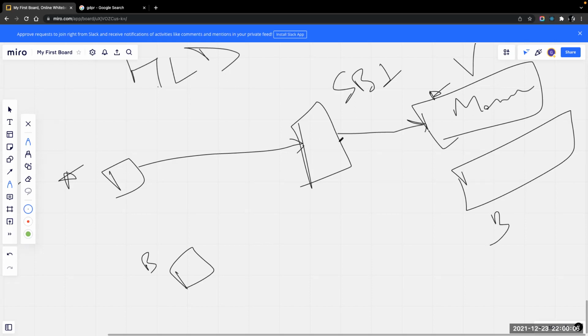You send a request to the SBI server telling it to send your money to another person. This is A's money, this is B's money. Once the request comes, it takes the money, say 1,000 rupees, subtracts it from A, deposits it into B, and sends it to B. So this one server is responsible for all the transactions. Anybody who wants to do a transaction must do it through the SBI server, if your account is in SBI.